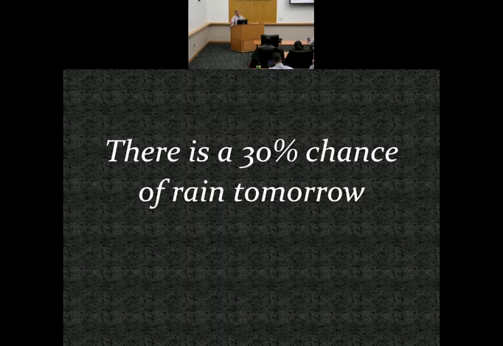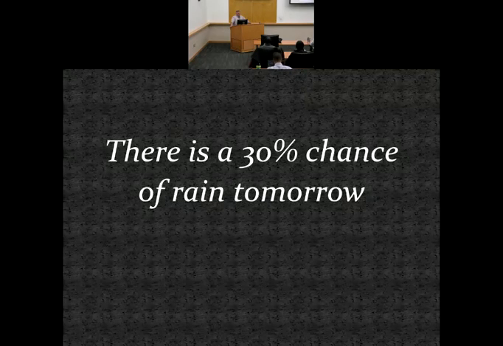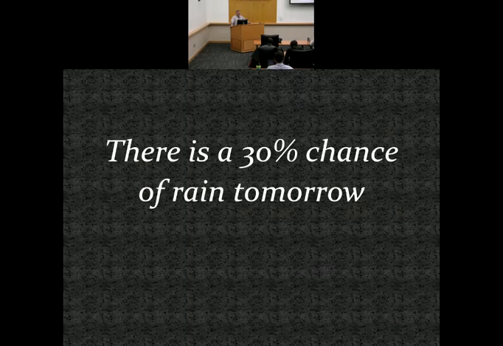So I'll start with bench research. Start with this, and look at this quote. There's a 30% chance of rain tomorrow. And think about what this means. And now pretend like you were trying to explain what this meant to a 10-year-old. I gave a talk on risk communication to the medical students for a few years, and I used to ask them to do this, and I would have people raise their hand, and I stopped doing that because it got so embarrassing when people were trying to explain what this meant.